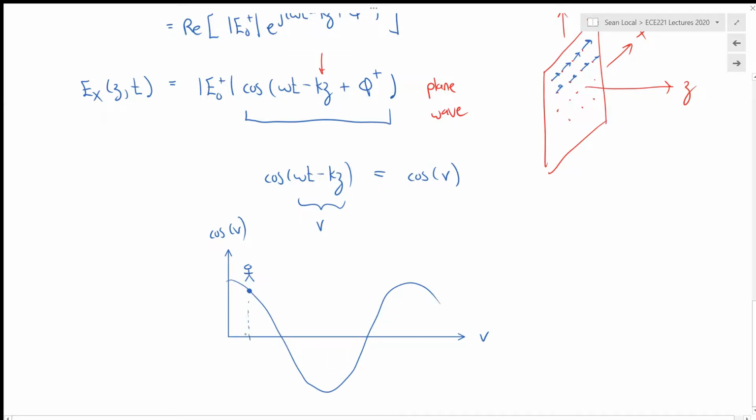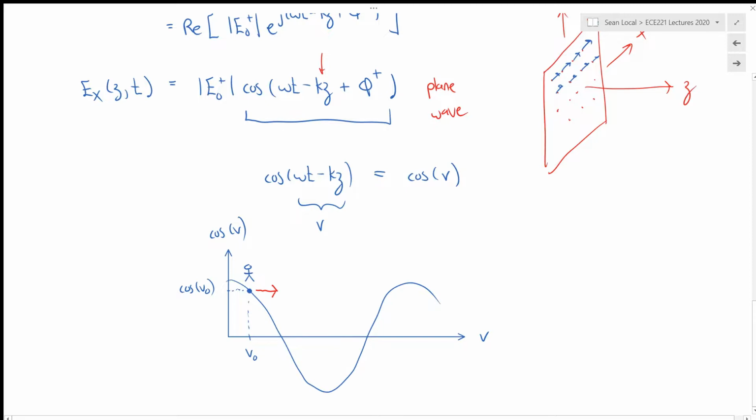Because this is some particular value, let's call it v naught, and I'm trying to stay at this very particular position of my wave, which is cos v naught. Well, in order to stay at this position, cos v naught, I need v naught to be constant. If time is increasing, then z is going to have to increase in order to keep the argument to the cosine, which is v, constant, or equal to that constant v naught. So that means that this point, this constant phase point where I'm standing here, is going to move to the